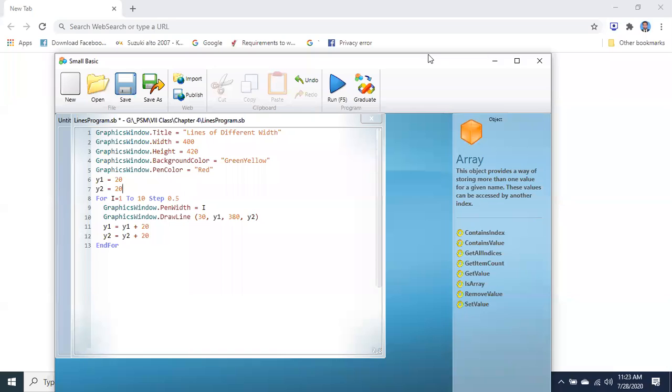Our class time is about to be over. If you have got anything to ask, you can ask. What you have to do is practice at home, and make these programs in your Small Basic. You will save these programs in your PCs, and you will practice. You will try yourself by making changes. What happens if we change the x-axis? What happens if we change the y-axis?